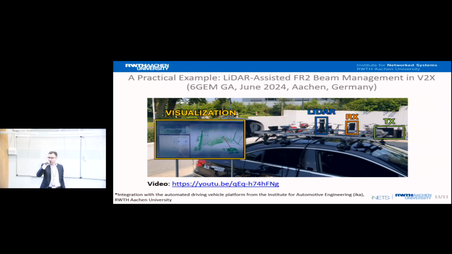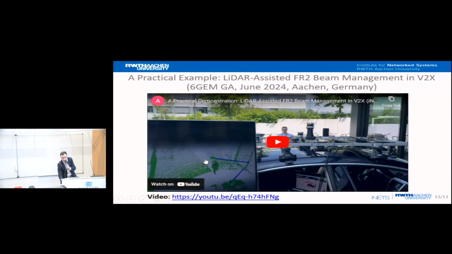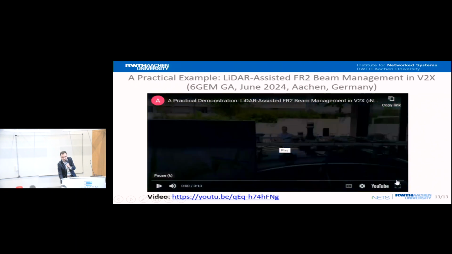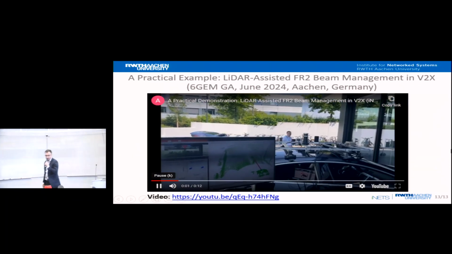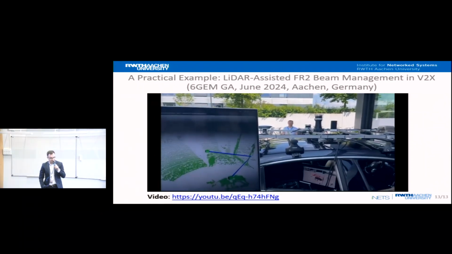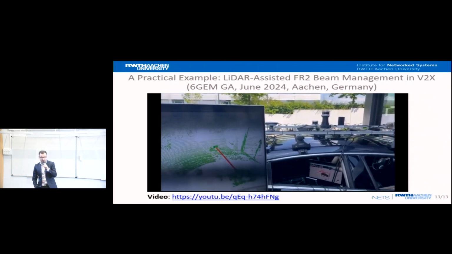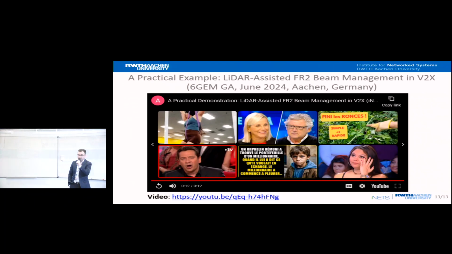We're putting our RF platform on top, and we are getting the sensor input and the detected objects directly from the vehicle platform. You will be able to see in the video that this is the LiDAR output coming from our platform, and this is the LiDAR output from the vehicle directly. It's basically the same principle. As soon as you walk in, the backup link changes, and then you walk out, it switches back to the better beam pair link that it knows, leveraging the sensor inputs from the vehicle.